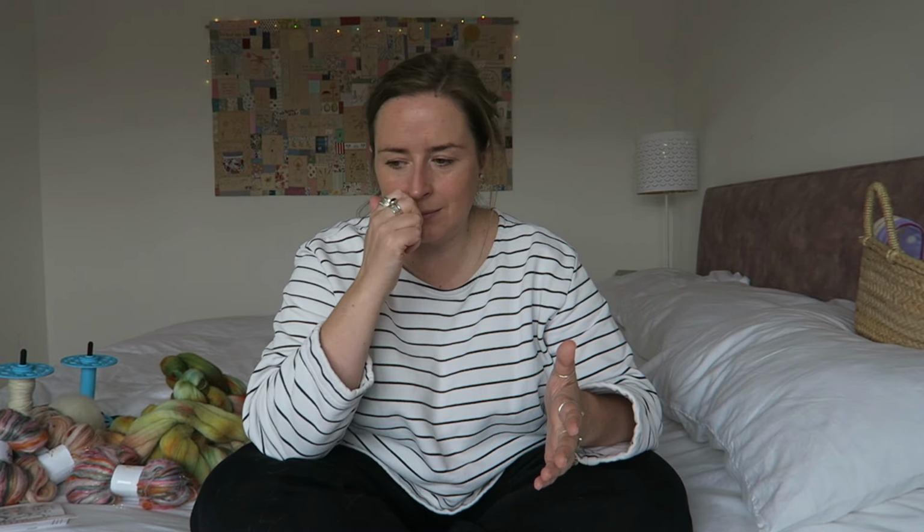So it had been a long time since I designed a pattern, and then I had this other one in the background that I started but I just wasn't working on because, I don't know, that part of my brain had been switched off, and I genuinely thought that I would never come up with another pattern again. But then with starting that crochet and just sort of giving myself the space to allow it to do what it needed to do, I've thought of another pattern, and it is really whimsical and I think it's going to be fun,